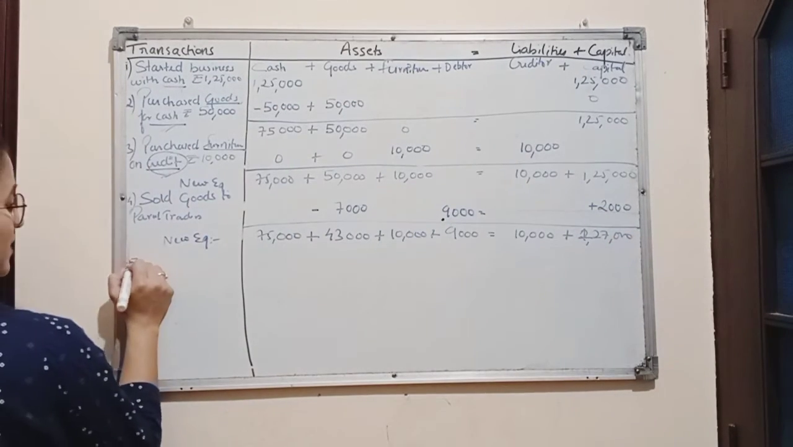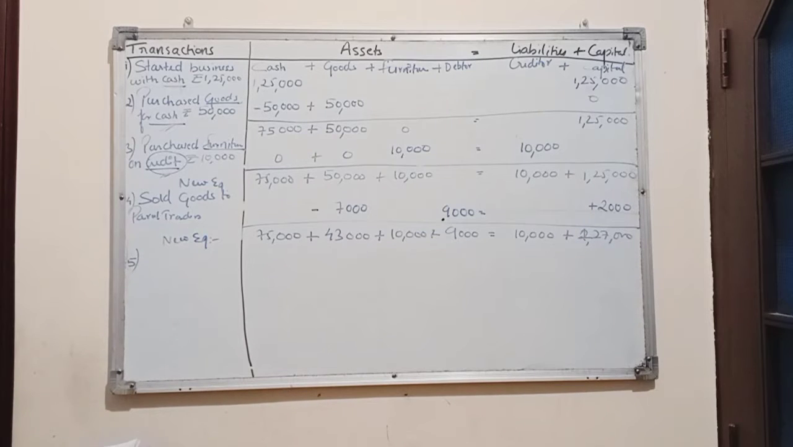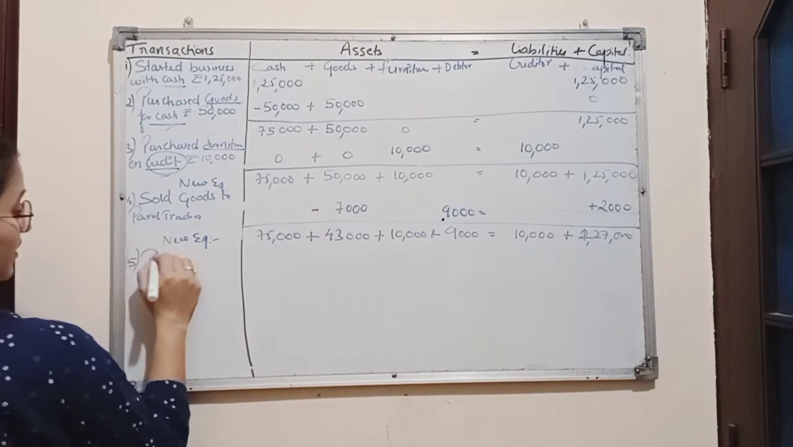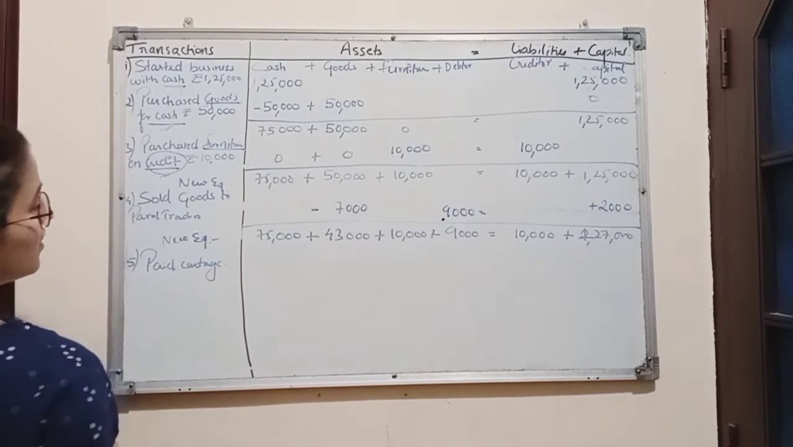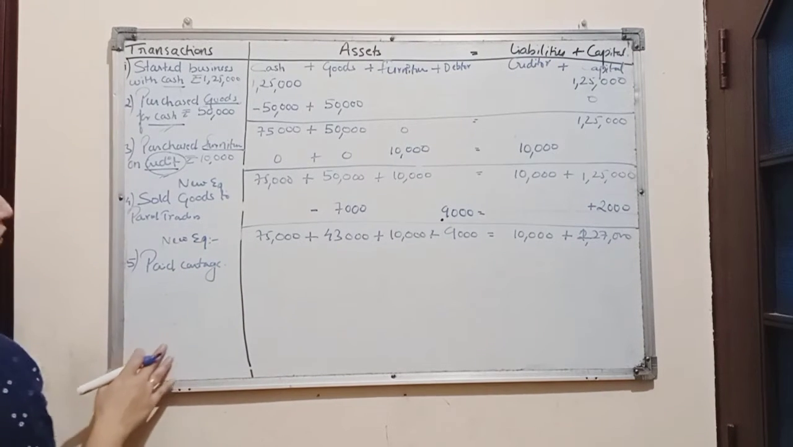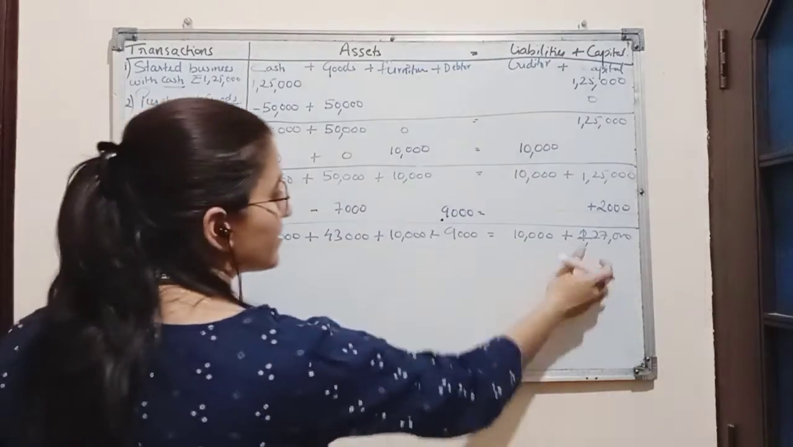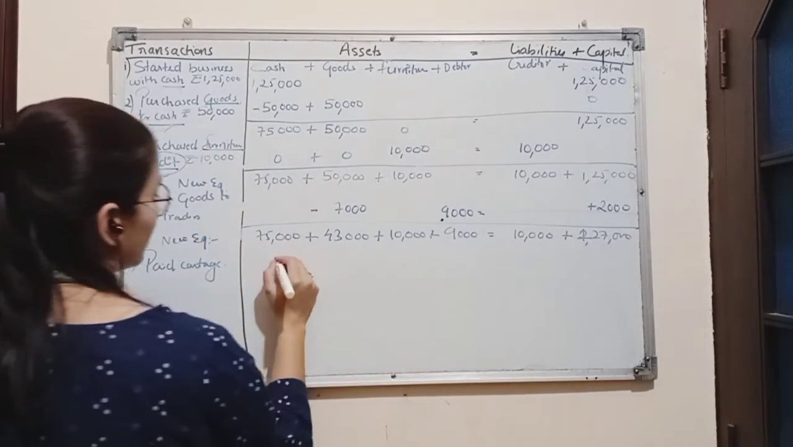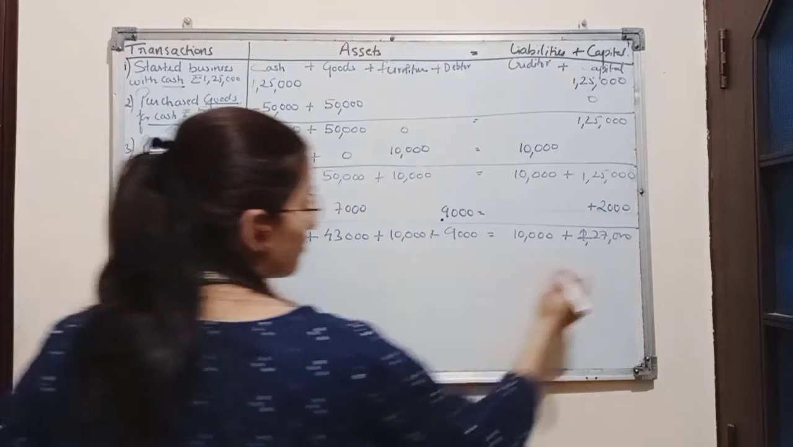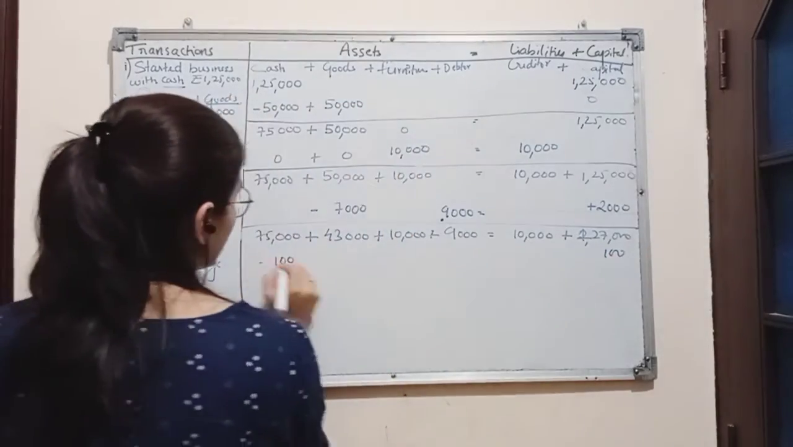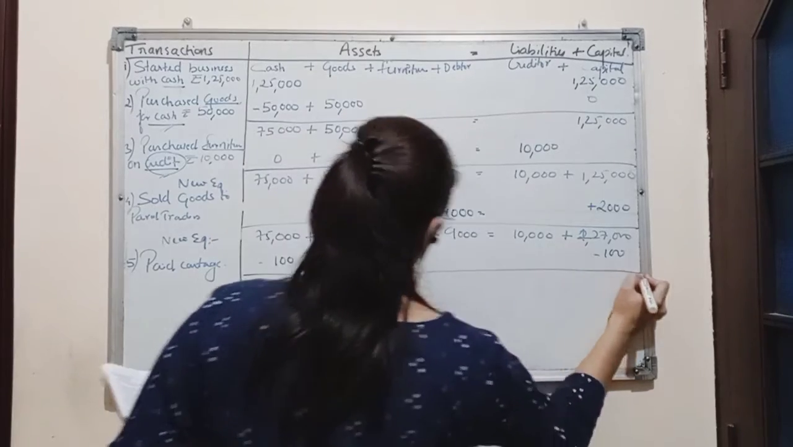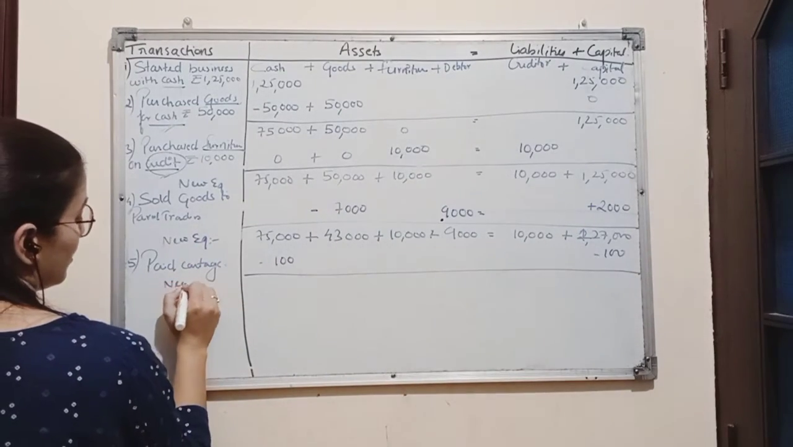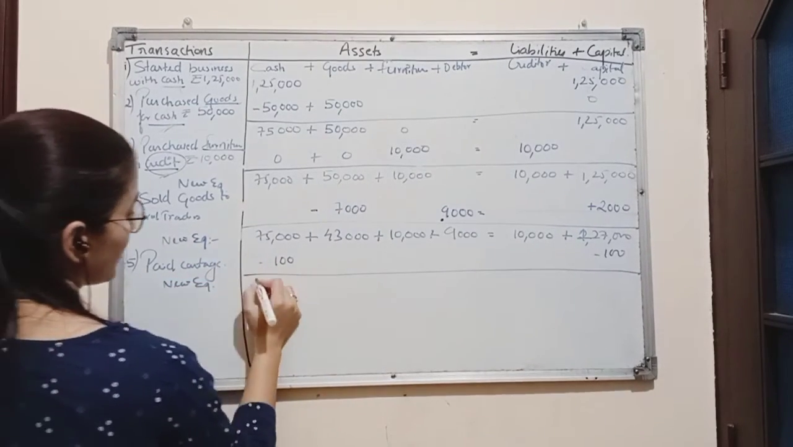Now our next transaction is paid cartage. So cartage is an expense. It will be deducted from cash as well as capital. Amount is rupees 100. As we know, expenses are always deducted from cash and capital. New equation will be